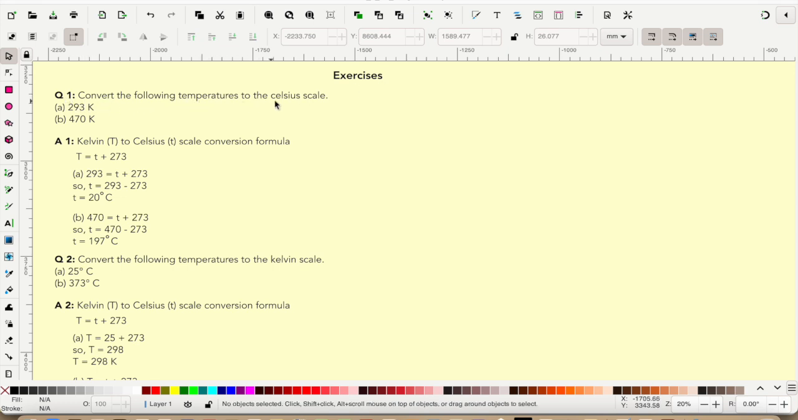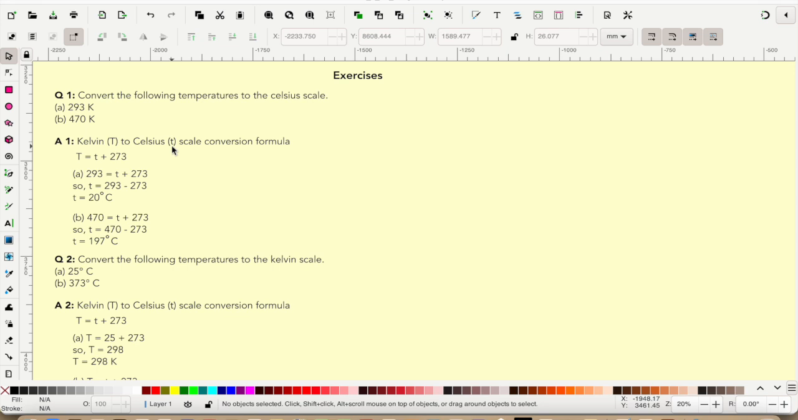Convert the following temperatures to the Celsius scale. Part A 293 Kelvin, Part B 470 Kelvin. So we will use this formula. Capital T is equal to small t plus 273, where capital T is temperature in Kelvin and small t is